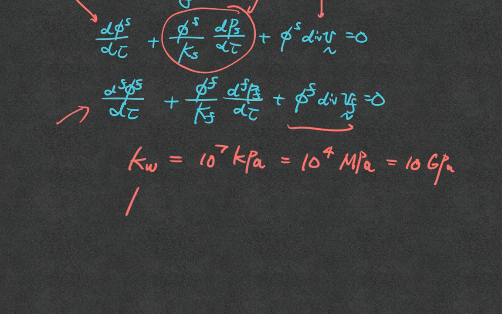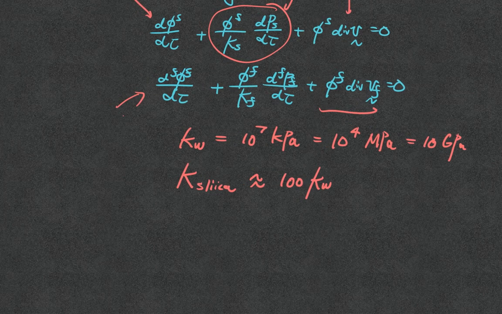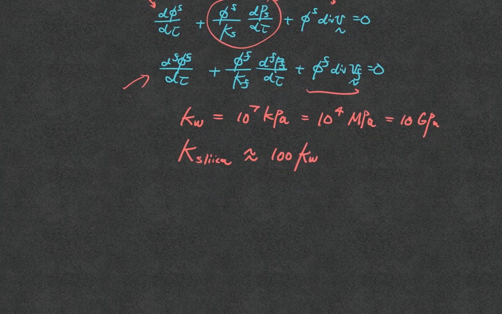Okay, so for the silicon, which is actually what sand, for example, could be made of, it's about 100 times stronger than water in terms of bulk modulus. Of course, this number changes depending on the temperature. Okay. So as a result of this,